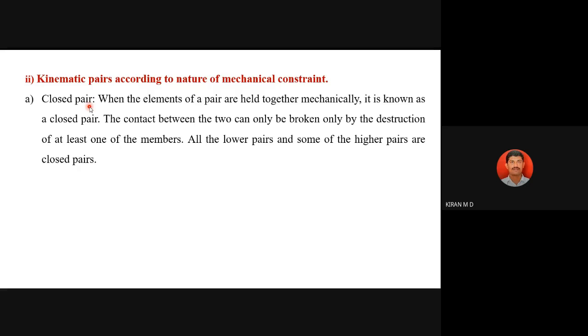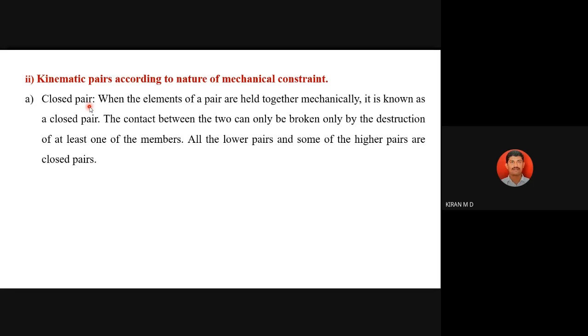When we maintain the contact, we classify the mechanical constraint into three types: completely constrained, partially constrained, and unconstrained. Unconstrained means the component doesn't have the contact. We should have a force to make contact, by using a spring or some other extra mechanical component, so that we keep the contact always. It means we require an additional component to keep the contact.